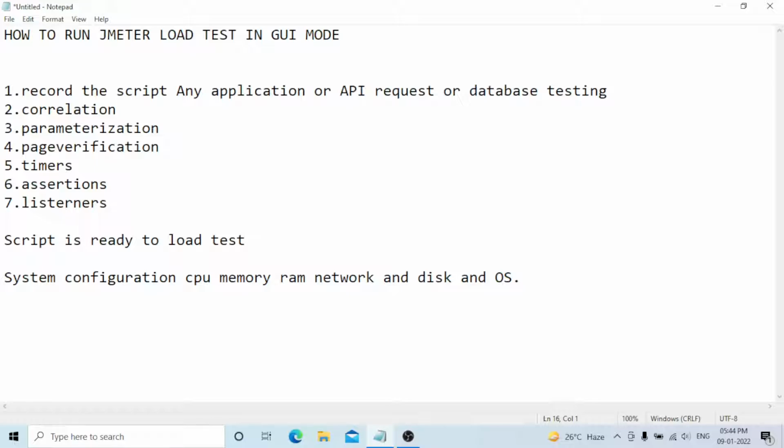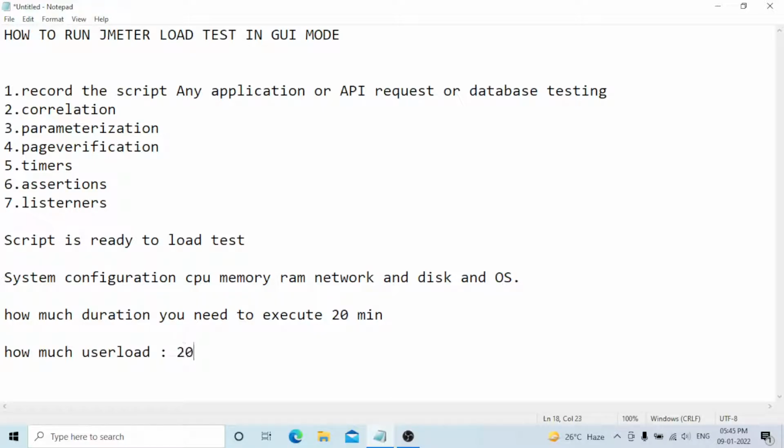And the second one is how much duration you need to execute. I execute roughly 20 minutes only. And the user load is 20 users on my side.